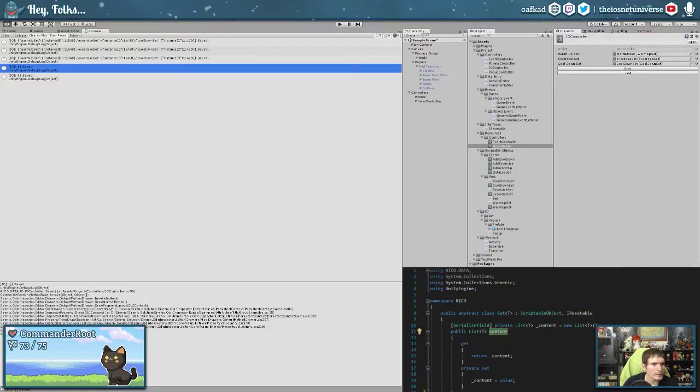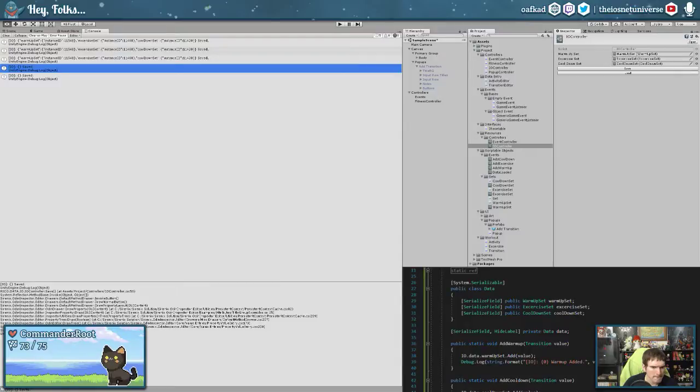And content is list T. It's entirely possible that, again, this is a situation where it's because we're using JSON utility.